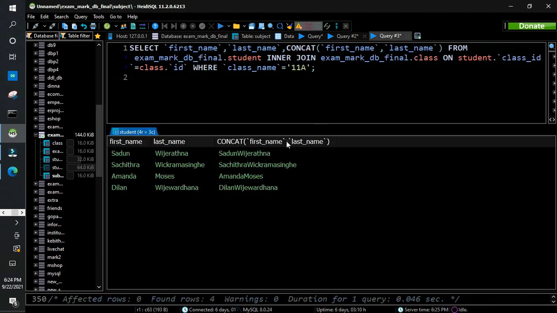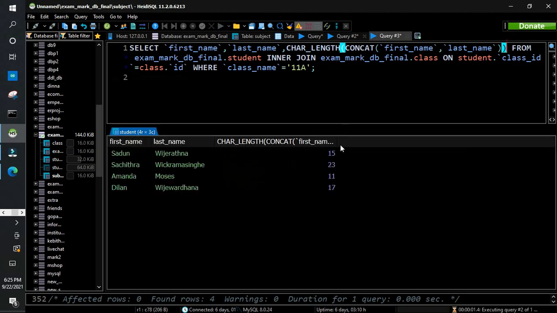Now I get the concat value. Now what I am going to do is inside this I have to use the function charlen. So charlen, and the concat function goes inside this. Now once I run this I get charlen and I get the character length.